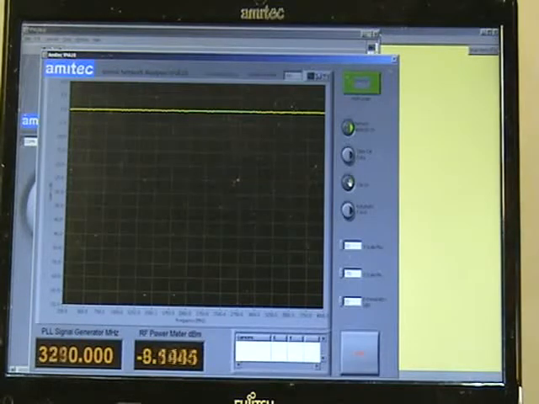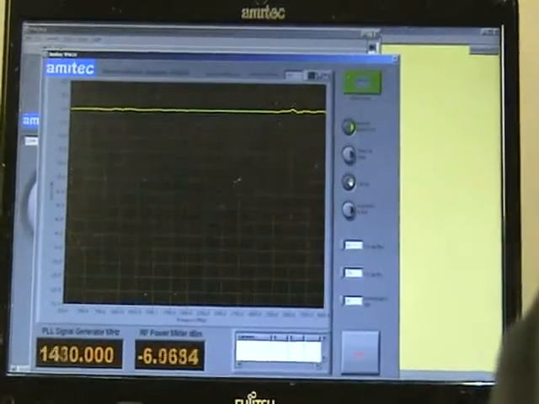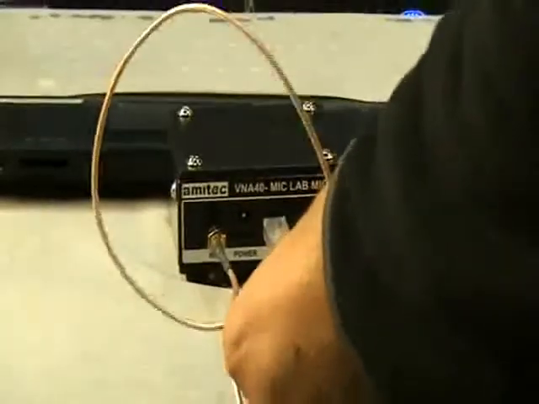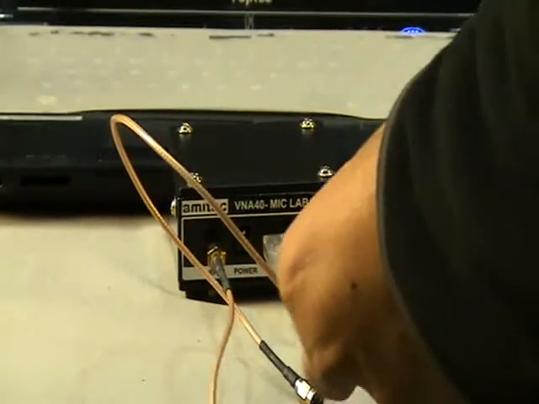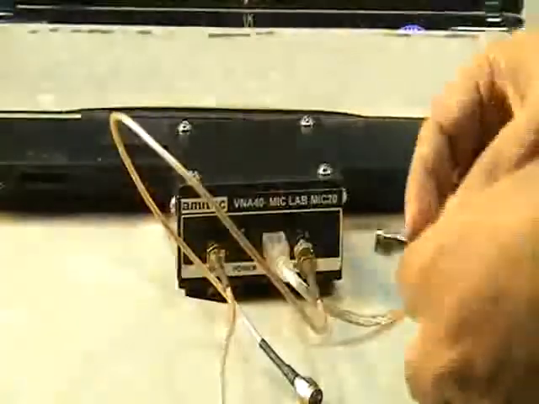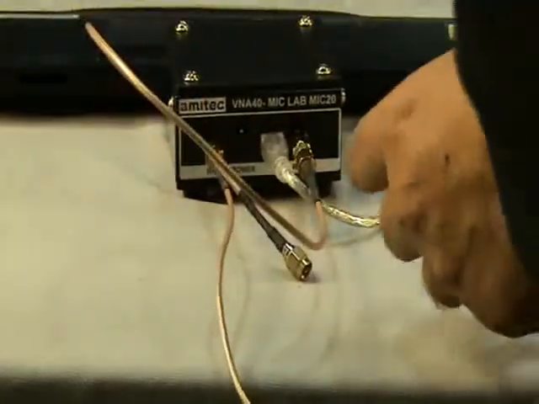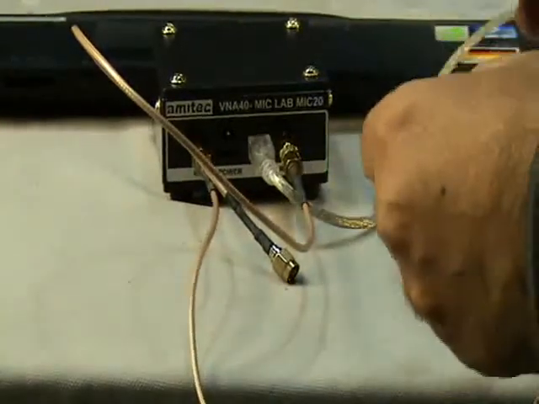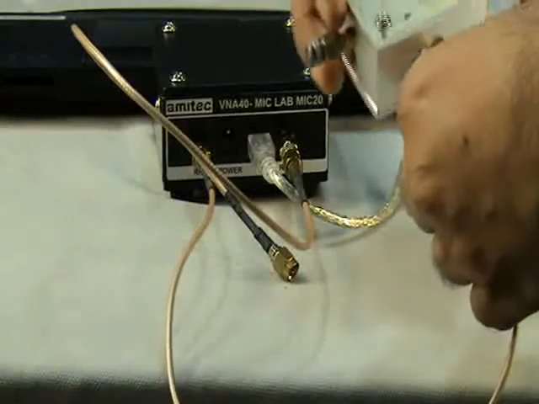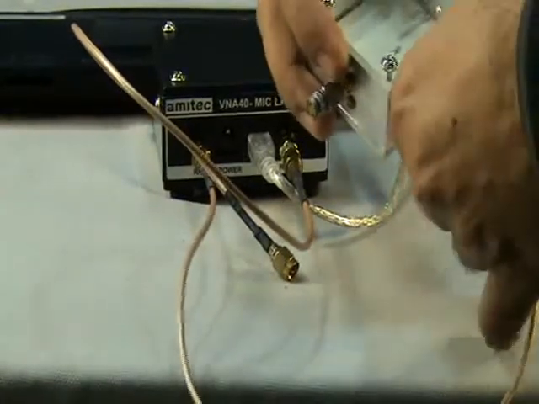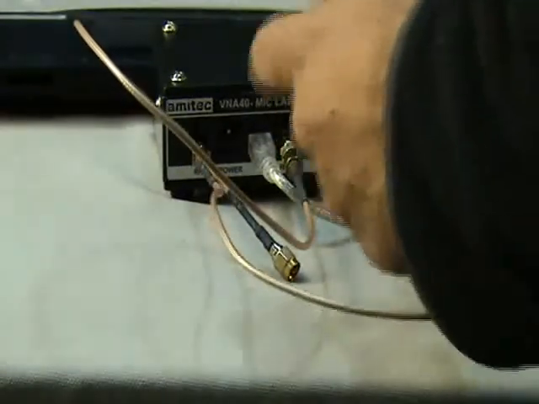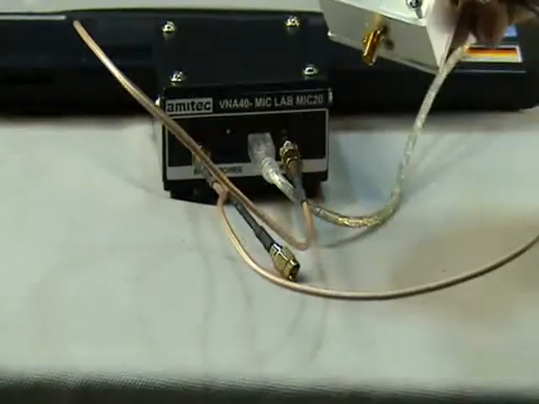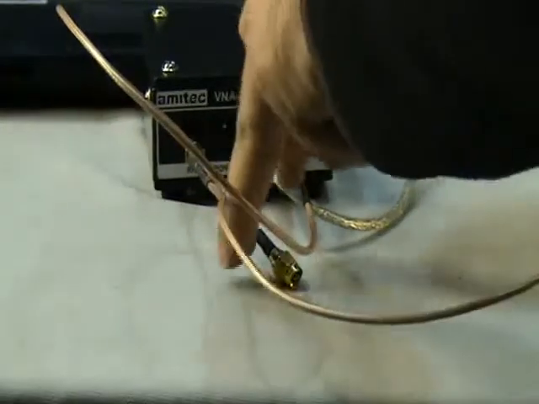Now this through line termination can now be removed, and we can allow it to take any S parameter measurements of a two-port network between these two ports here. So to begin the measurement, I'm going to connect my power meter to the input of a two-way Wilkinson power divider. The unknown port shall be terminated into a 50 ohms load.